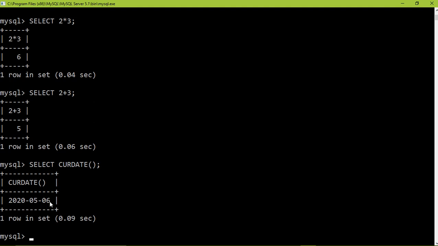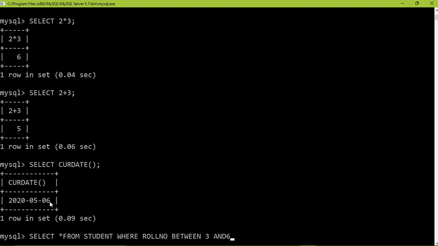Next is the use of between. This condition will allow you to select the values from a particular column between a specific range. For this you need to write select star from student where roll number between, now we will specify the range, let us say 3 and 6.